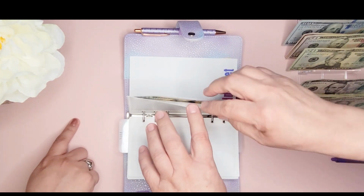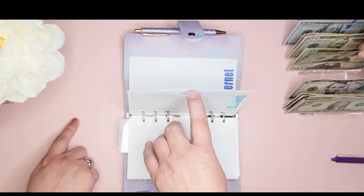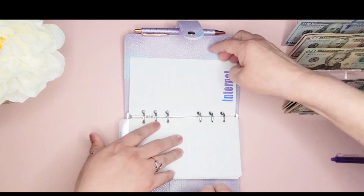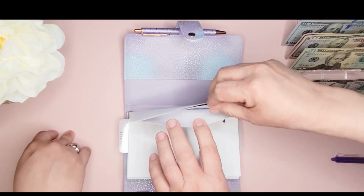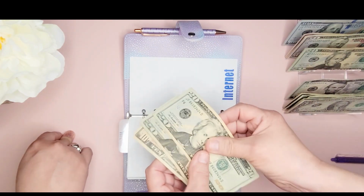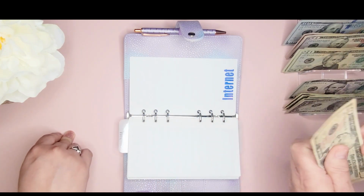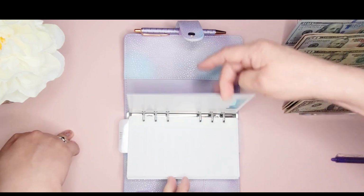So we have car wash, which is $20, and we just save exactly because we know how much that's going to be, and so we don't have anything left. Internet is going to be $50, and that bill doesn't change. It stays the same for her. So we saved $50. So we're going to unstuff that. And that should give us